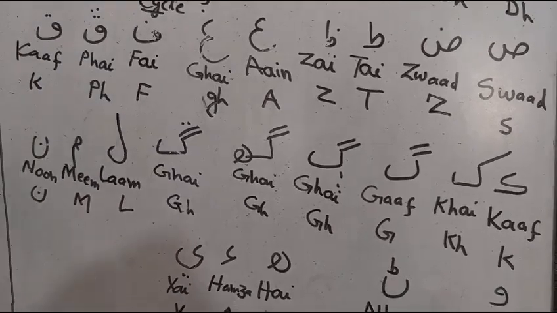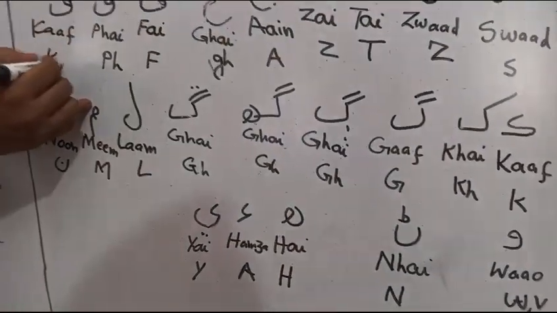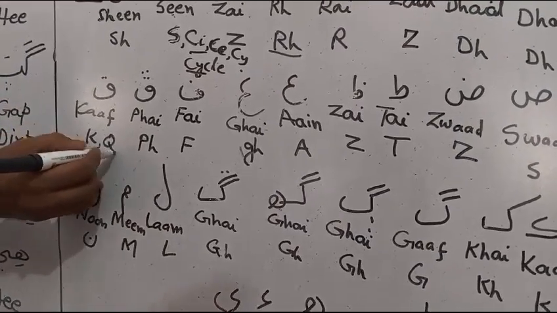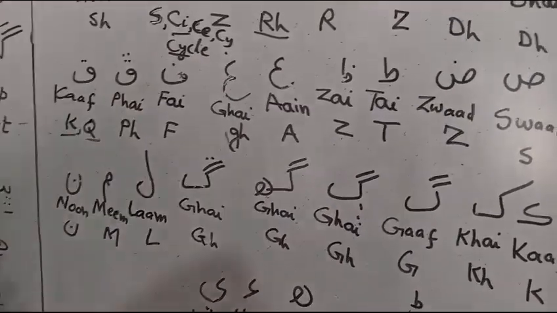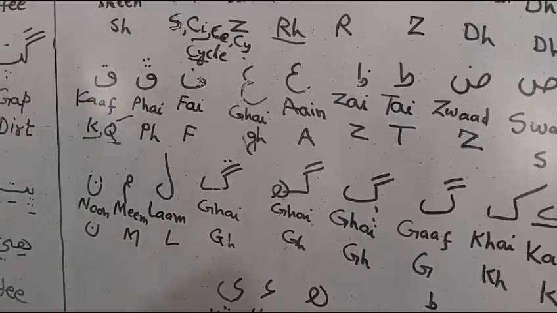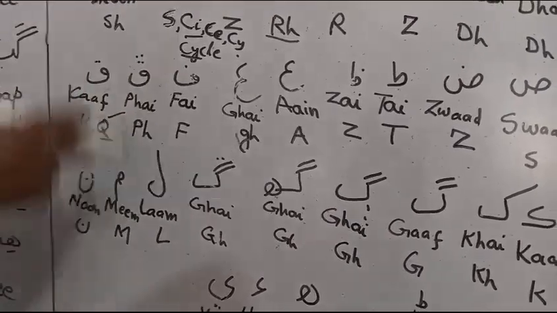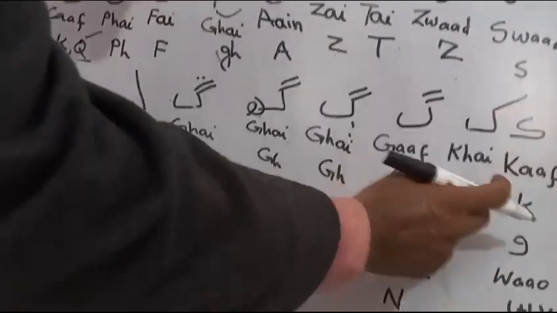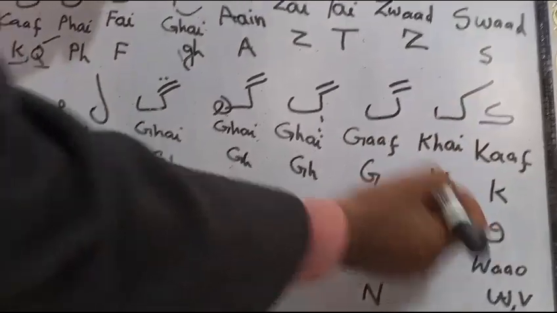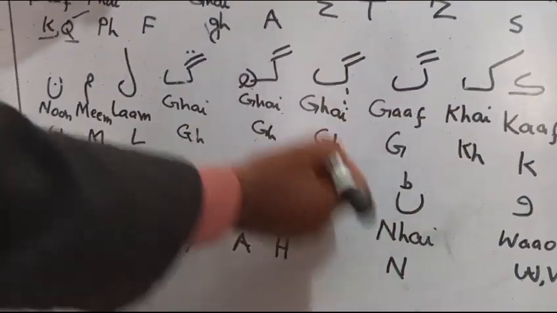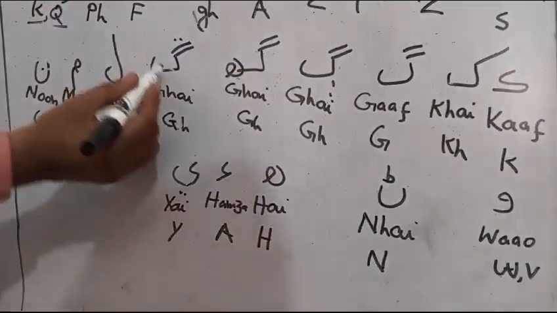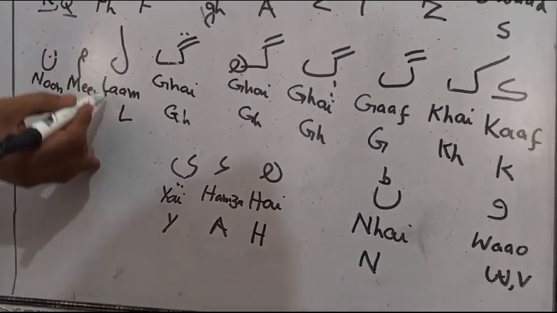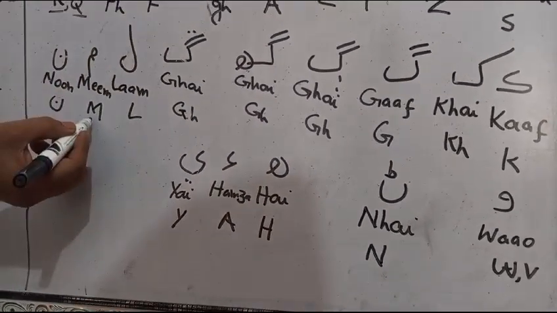Kaf, we use Q. In English, we also use Q. Seldom we use Q, and sometimes we use K. This is the heavy sound. So Q is used for the Kaf. Okay, Kaf, K. This one is the K. Gaf, G is used. Ghe, GH is used. Nge, NG is used in English. L, Lam. This is the Lam. L is used.